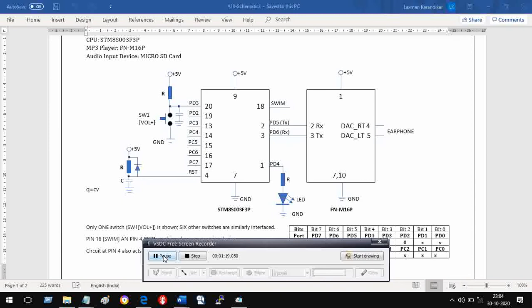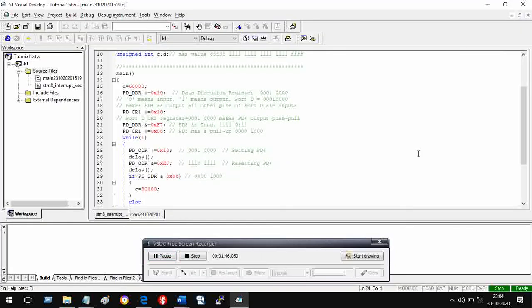If you look at the circuit diagram, we are seeing that on pin number 20, where it is PD3, there is a switch, and by pressing or releasing the switch, the logic level on pin 20 changes. We want to take a decision based on whether the key is pressed or not. So what we do, we keep looking at this pin over and over again in some kind of an infinite loop. Let us look at the program.